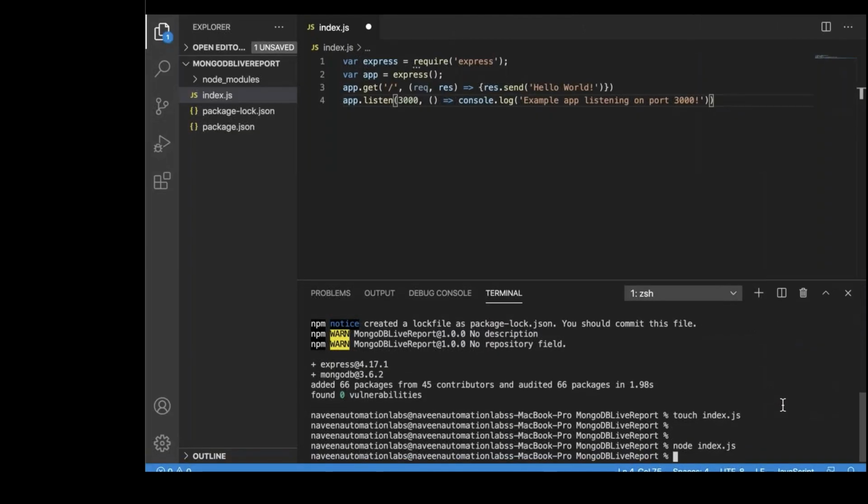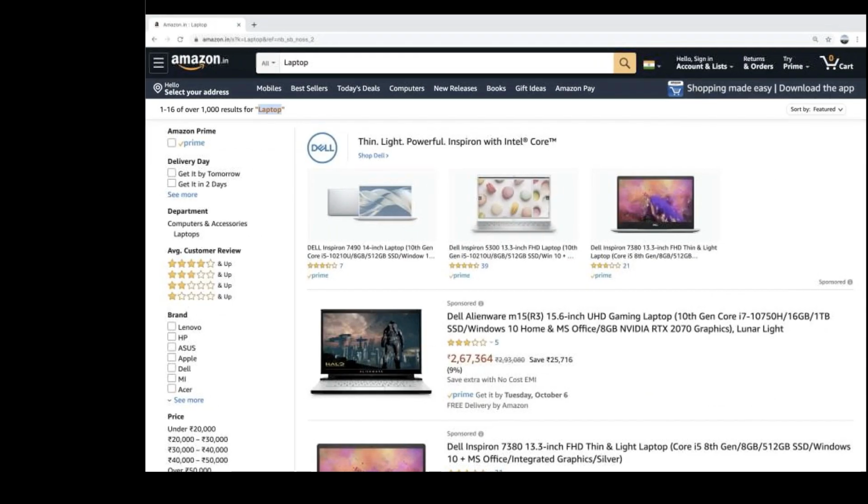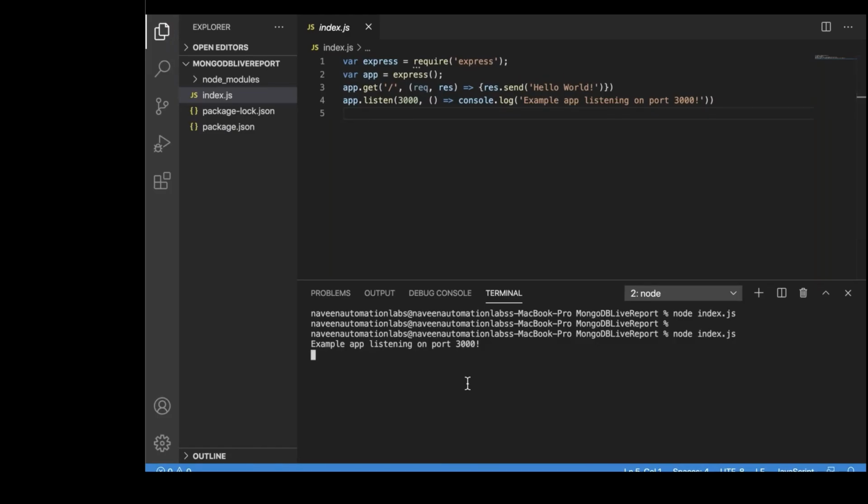So let's run it. Localhost 3000 port number. So let's go to localhost 3000 port number. So let's run it again. I think it's working now. So this is the thing. This is a simple code I have written, and you would need to start this index.js. You have to initialize it with node, and it's saying, yeah, listening on 3000 port number.